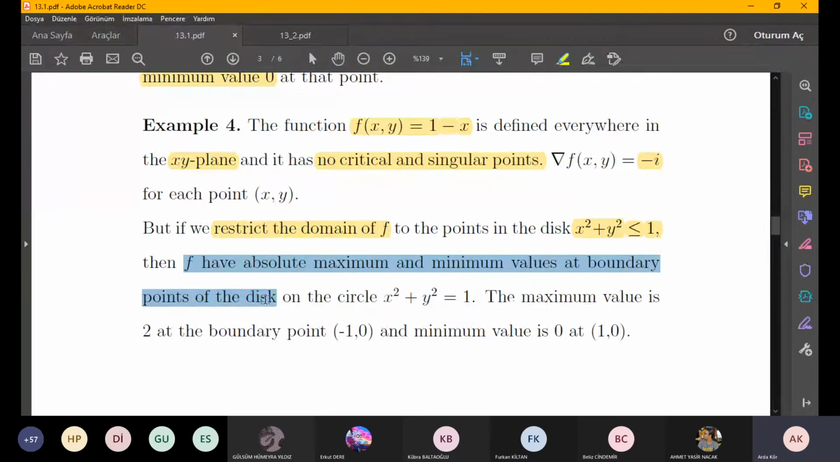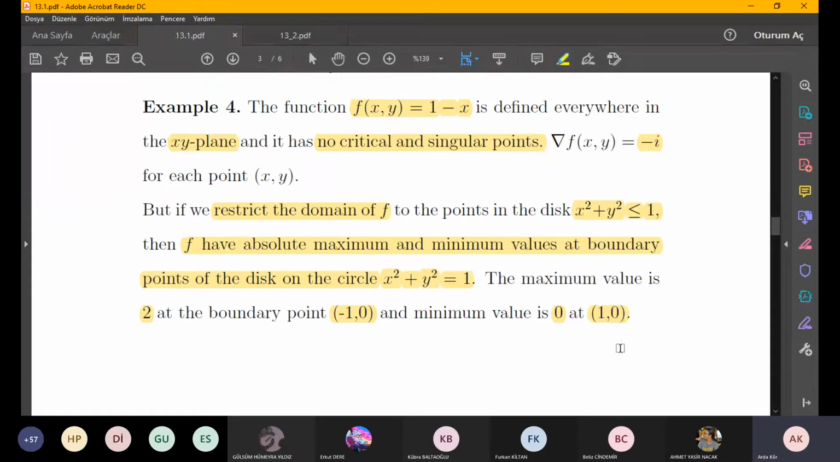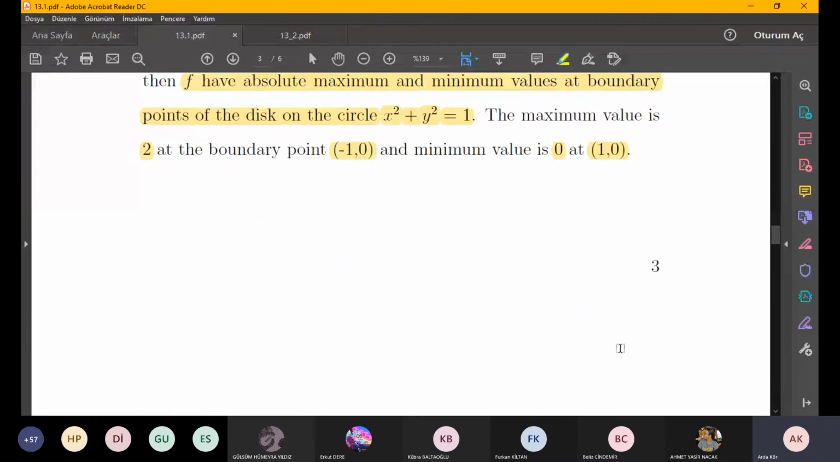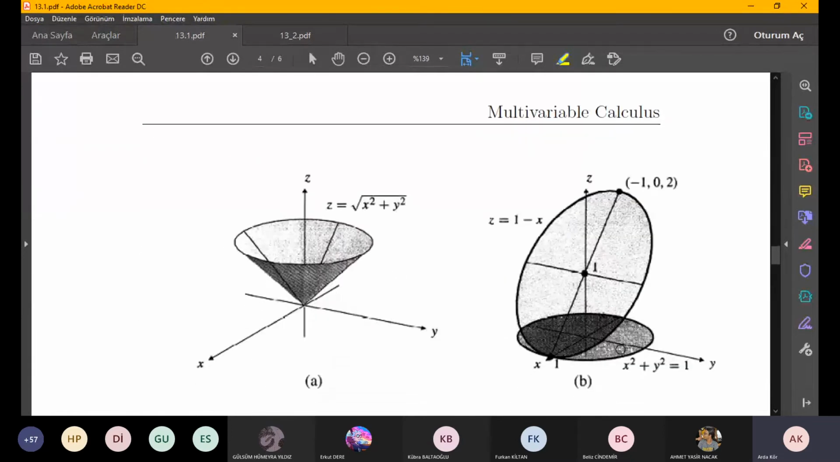of the disk, which is on the circle x squared plus y squared equals 1, and the maximum value is 2, which is f(-1,0), and the minimum value will be 0, which is actually f(1,0). So let's try to see the graph of 1 minus x,